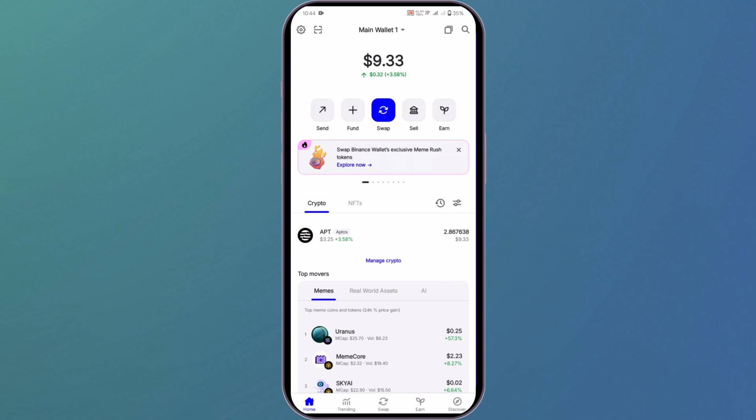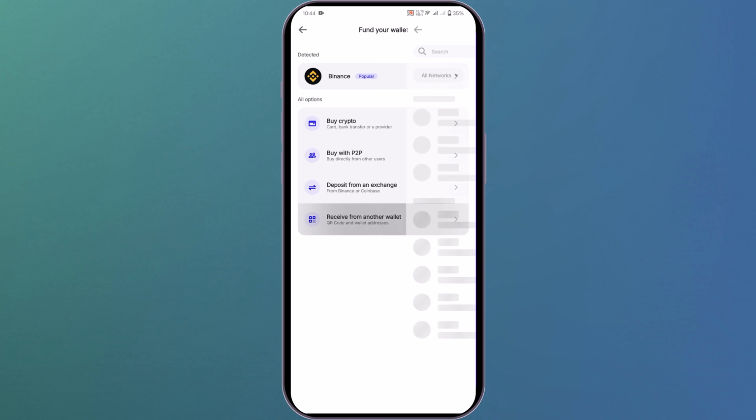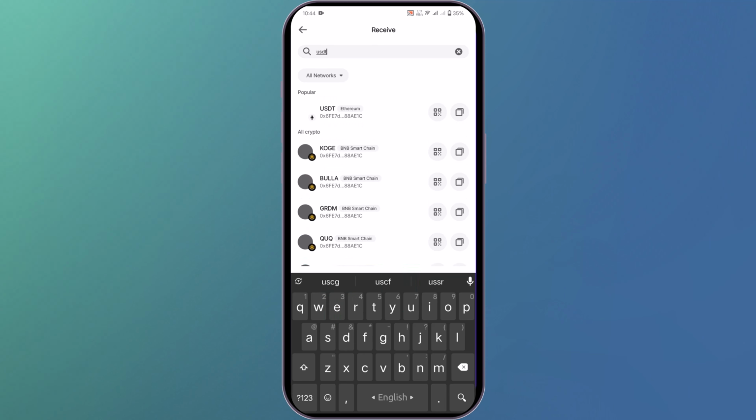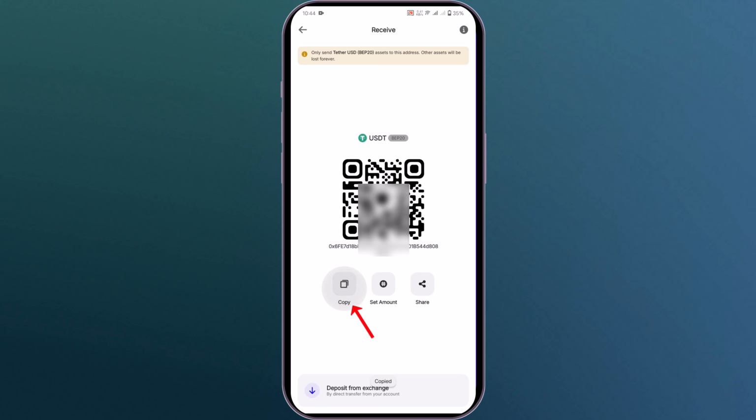So open your Trust Wallet, then click this plus icon, which is basically for receiving funds. Then select the option receive from another wallet. Here in the search bar, type USDT. Be careful to choose the correct network. Since I have funds in the BNB Smart Chain, I'll select this one. Now copy the address